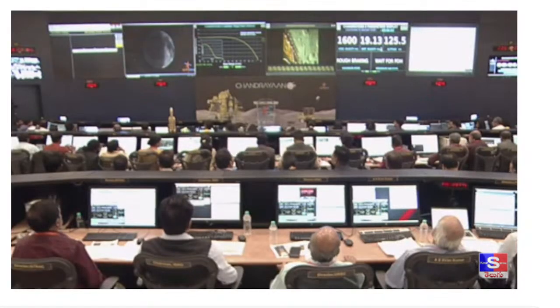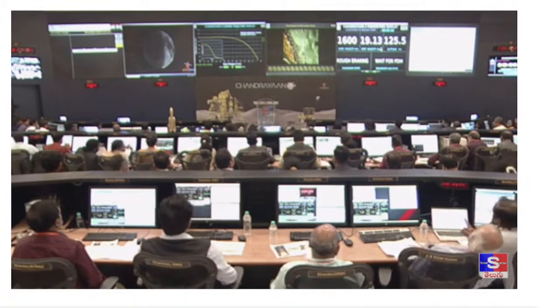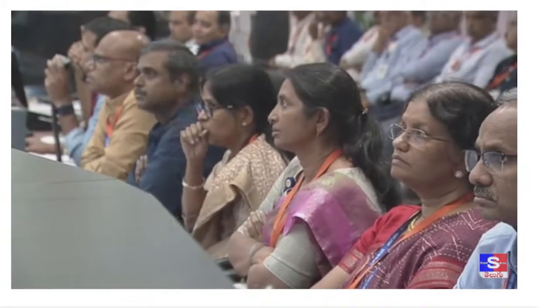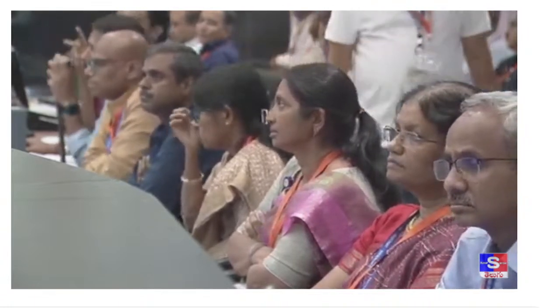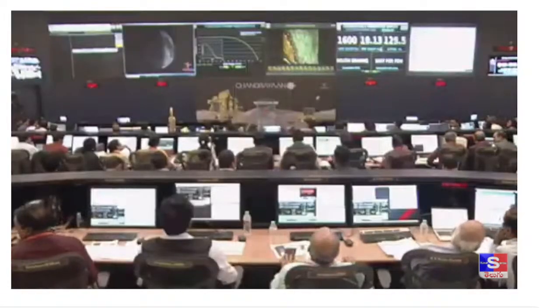We are minutes away from the start of powered descent. The entire powered descent shall be carried out by the onboard autonomous landing sequencer, or ALS, which is a series of instructions preloaded to the lander module. These instructions include the commands to be executed,